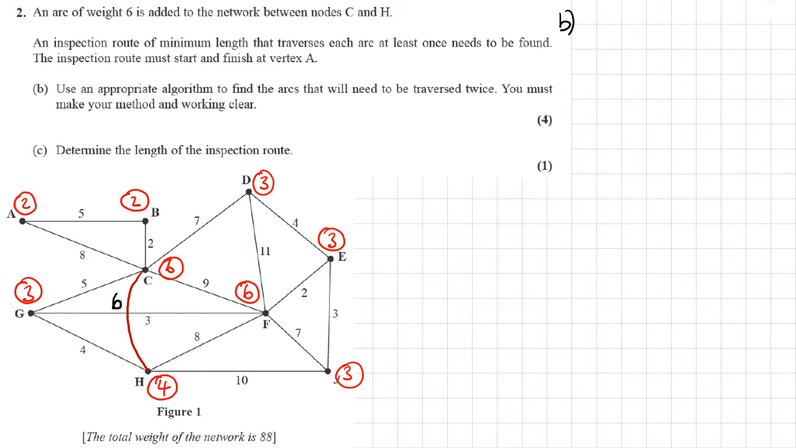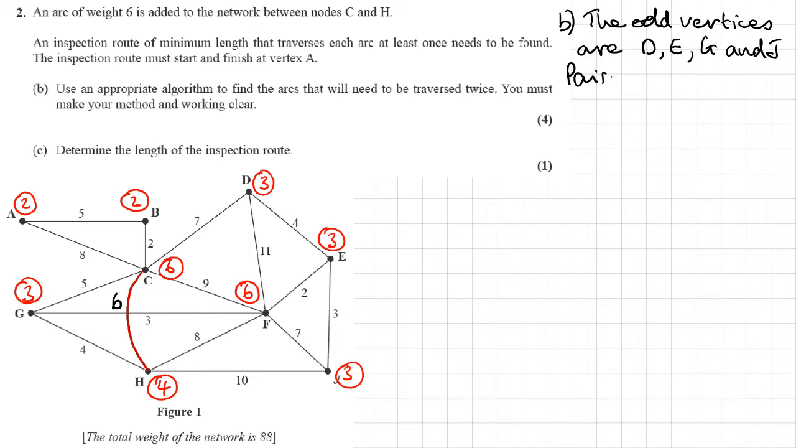Okay, I think that's all the nodes labelled, the vertices labelled. So the odd vertices are, let's do it in alphabetical order. So it looks like D, E, G, J. D, E, G and J. We now need to list the pairings of these vertices,